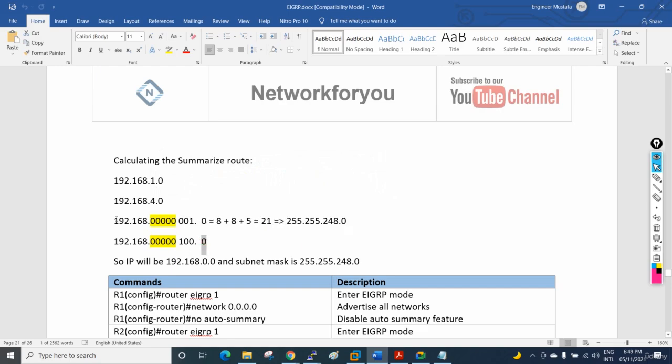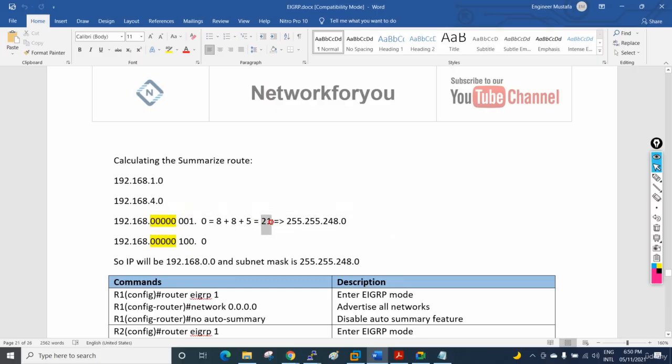And after that, this is an 8-bit and this is an 8-bit, and if you see whatever bits are the same, till here this is a 0, 2 times, 4 times, 5 times 0 here, and 5 times 0 here. After that here is 1 and here is 0, so it differs. So we will consider till here, from here to here. How many is this one? This is 5. So what we will do, 8 plus 8 plus 5,